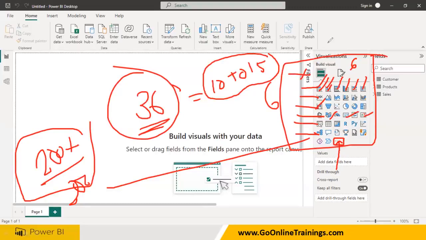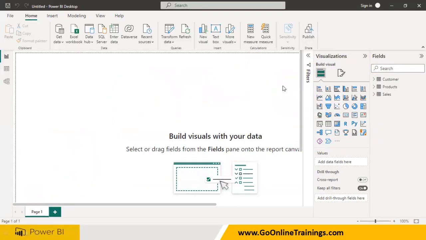First, you have to know when to use what. If I am planning to use something, what are the formatting options, and what is the purpose of this visualization? Everything you have to discuss. Let me